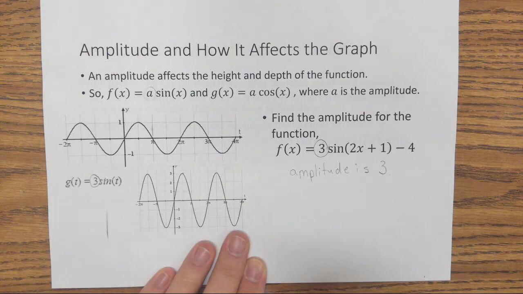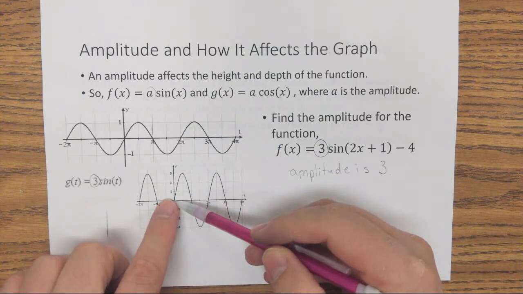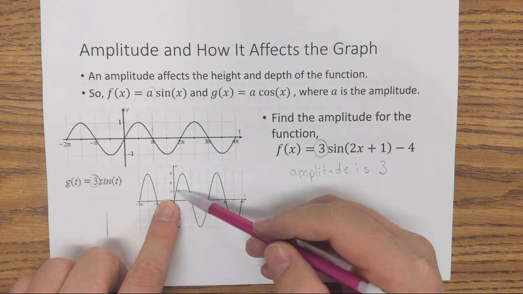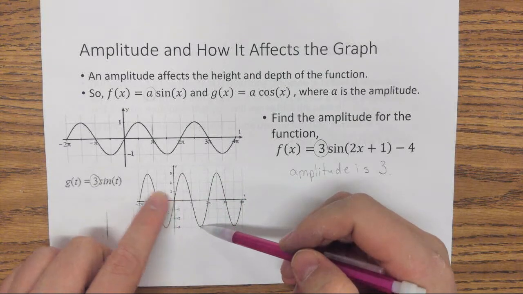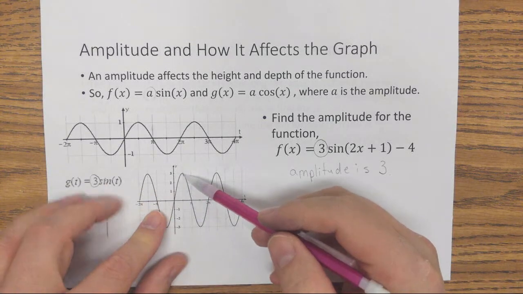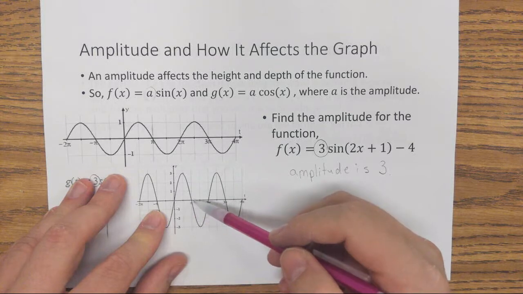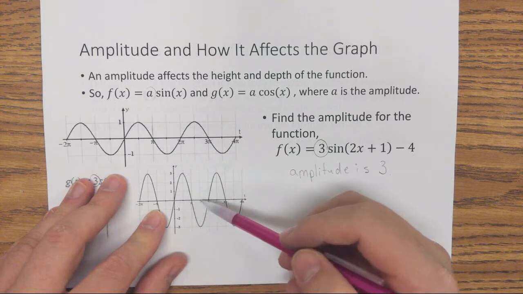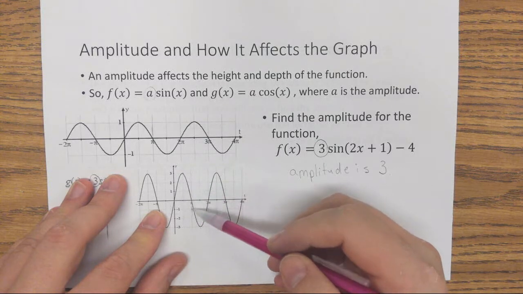Okay, and then when you go to graph it, again, if it was a sine function, it would just start here, and you would go up to 3, down to -3. If you're wondering about how far the period goes, each essentially hump of this goes from 0 to pi, and then from pi to 2 pi, and that's basically how